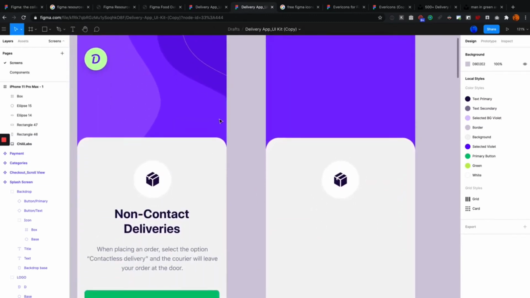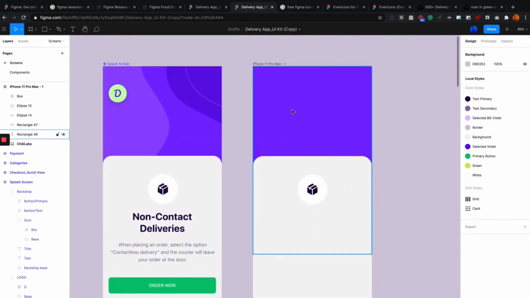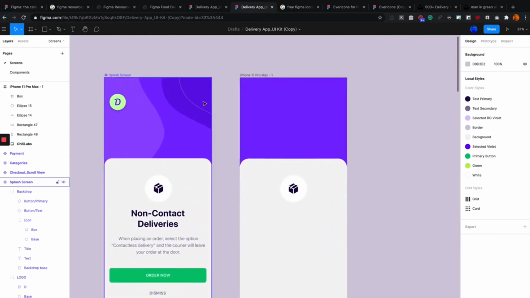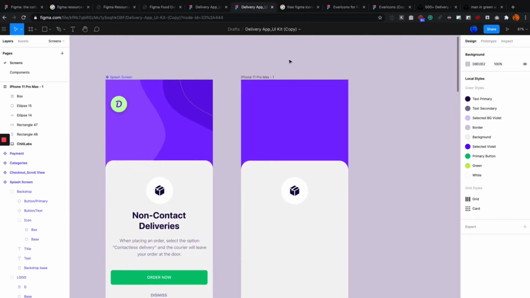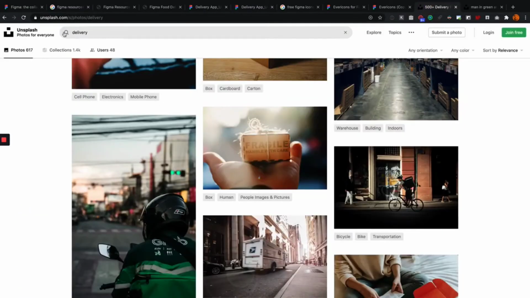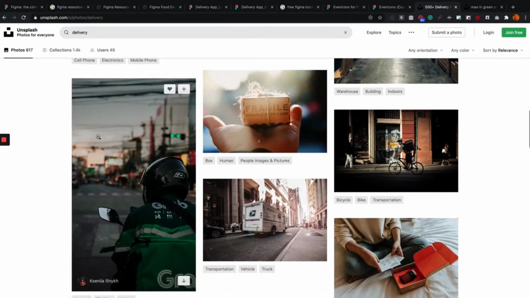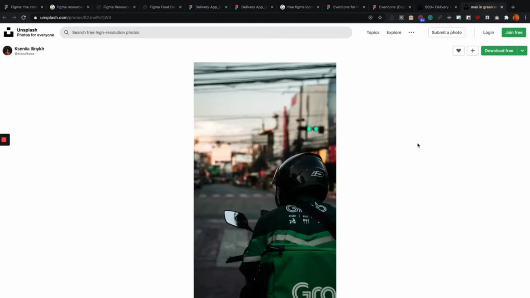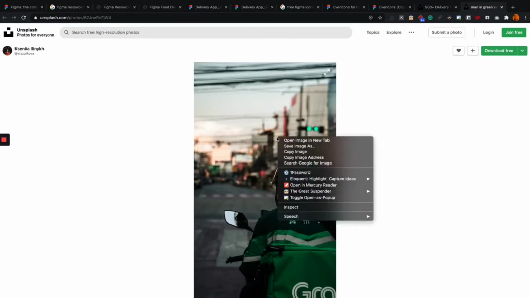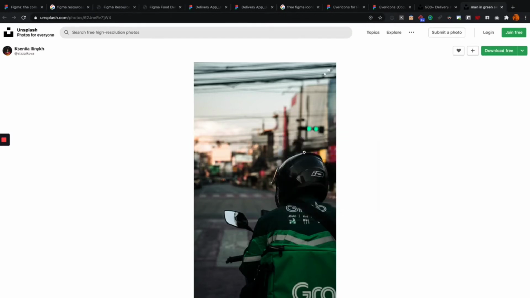And so let's say that I wanted to get an image here instead of this blank color, since I can't do this fancy effect yet, and we don't want to focus on fancy effects just yet, right? So one good website is called Unsplash, and I just typed delivery in search, and I found this image here. And with Figma, it's very easy to paste in an image. Literally all I have to do is come to Unsplash, right-click on the image, then I can copy the image,